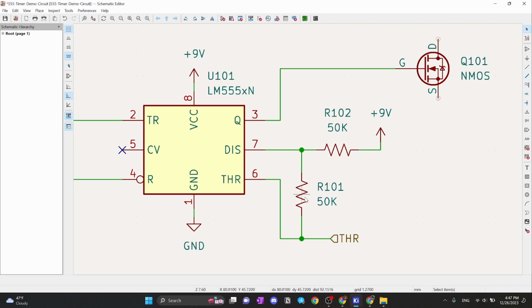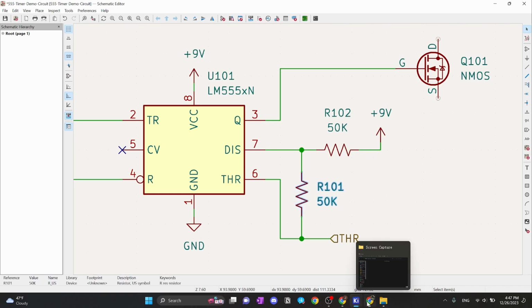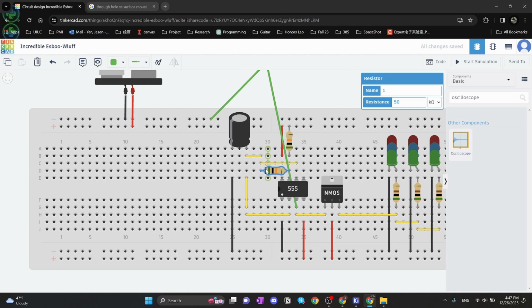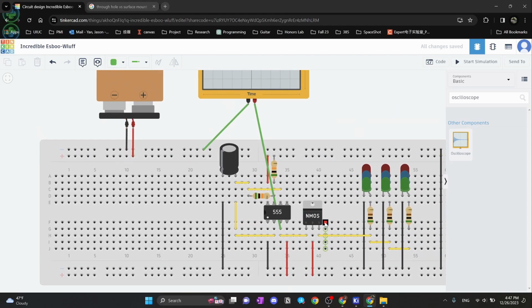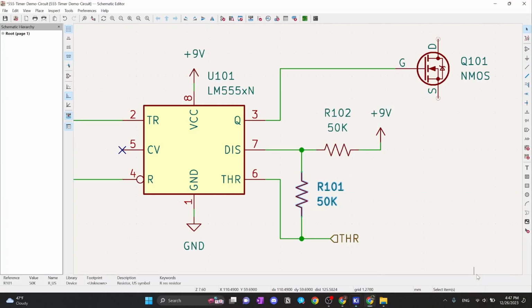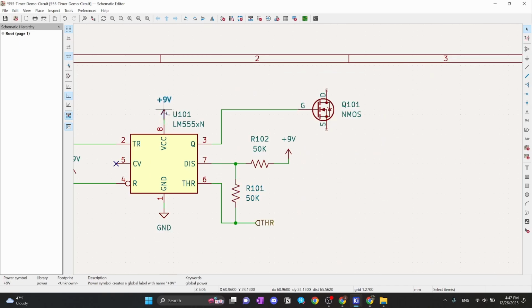So this R101 corresponds to this resistor over here, and this R102 corresponds to this resistor over here. Okay, so that's pretty much everything left here. Well, we still need to connect the power again. Paste